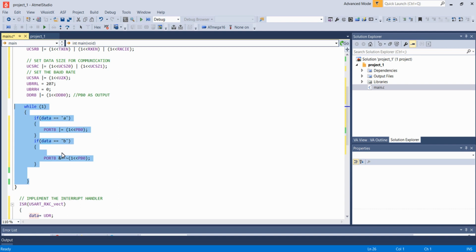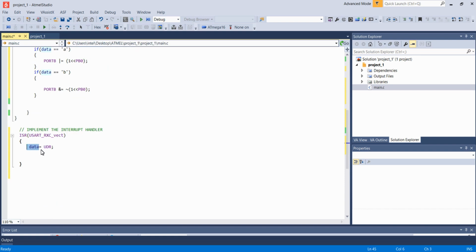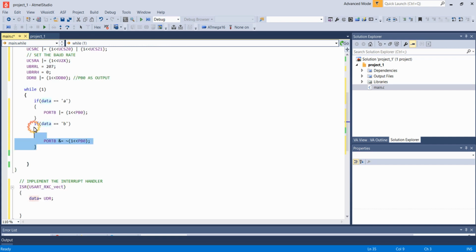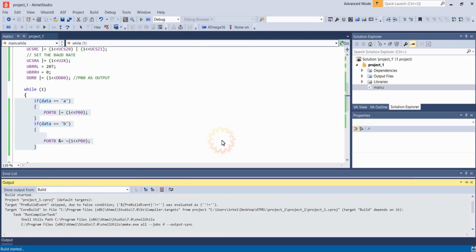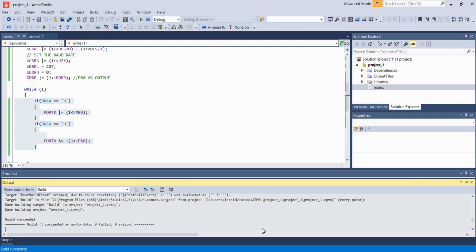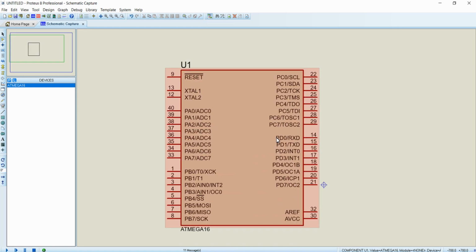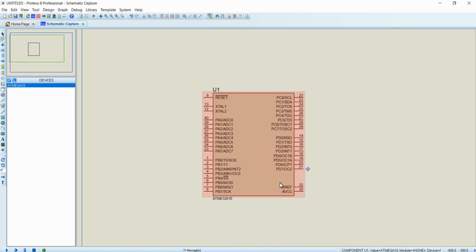So whenever a complete byte of data is received in the UART bus, the processor will be interrupted and the variable data will be updated with the current value that is available in the UART bus. So we are checking for the data available, and we are turning on and turning off the LED connected to PB0 of our microcontroller. I am building this code using the icon over here. Build successful. I'm just going to build a simulation circuit for simulating UART communication.